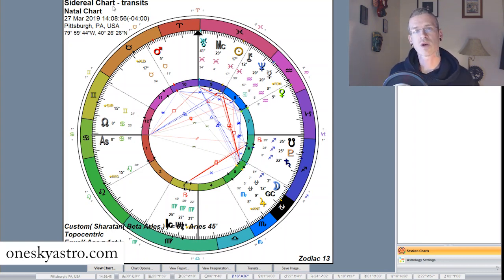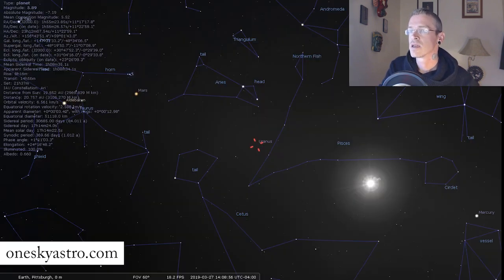They're much more accurate. But this zodiac that you're looking at is an uneven sign zodiac that's oriented precisely to the fixed stars, meaning that because